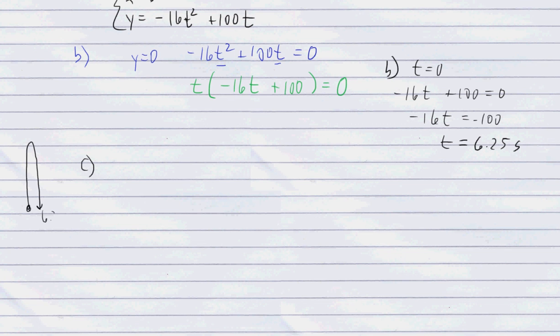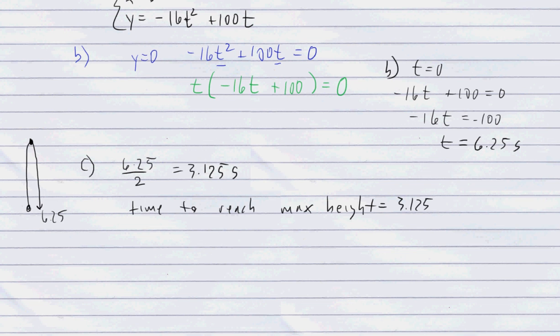Okay, so if it travels for 6.25 seconds, the time at the top there, the vertex of its travel, is going to be 1/2 of that. So it's going to be 6.25 divided by 2, which according to my calculator is 3.125 seconds. Okay, so the time to reach max height is equal to